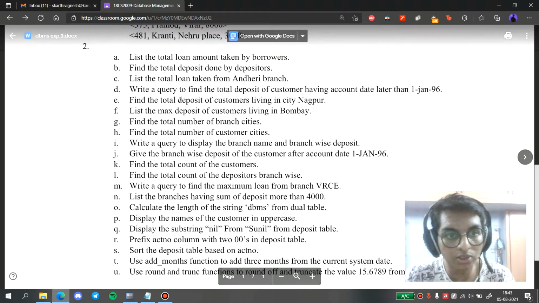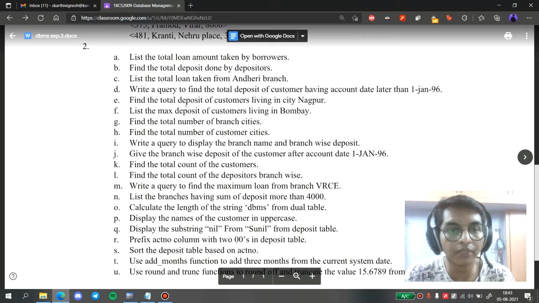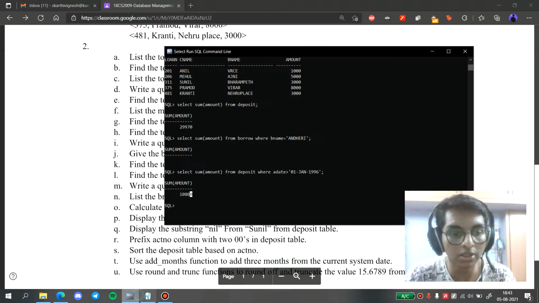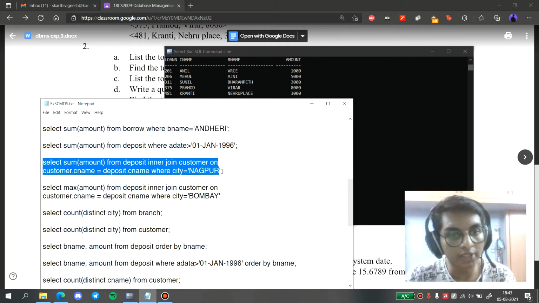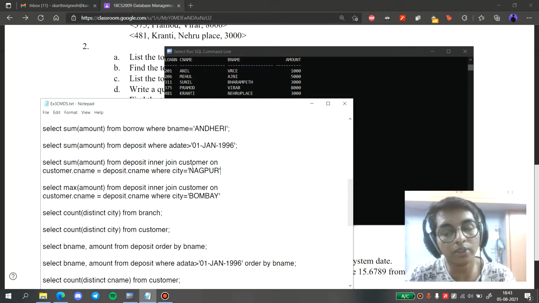So moving on. The next question is to find the total deposit of the customers living in the city Nagpur. Again, we are just using the sum command with a different condition. I'm just going to execute this one. Here we have to take into consideration two different tables, which are customer and deposit. So we are using the command called inner join.